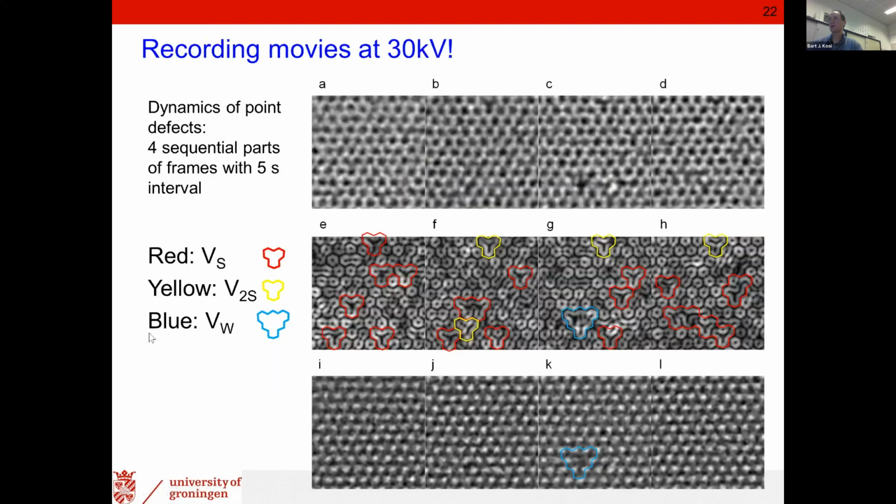Okay, what can we do with that now? We can really record movies. We can do this at 30 kV, 60 kV, we did this. And we now have sensitivity not only to the heavy element, tungsten, but particularly also to the light element, sulfur. So from the electrical field local magnitude, we can see different frames, and the frames have been taken with an interval time of only 5 seconds. Of course, the real frame was bigger. We took only small portions of the total image. And what is nice is that we have a kind of movie capability which is not possible, for instance,